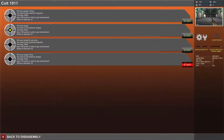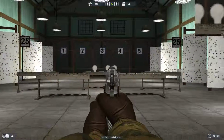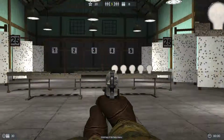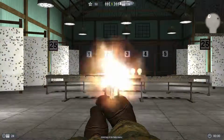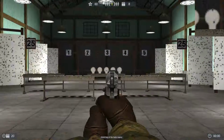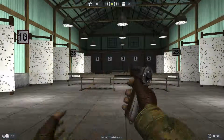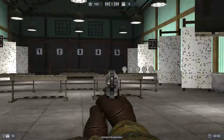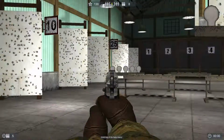What's the next one? Hit every target 5 times. Okay, let's give it a go. Ah, missed that one. I've already failed this one by the looks of it. That's a bit better. Bugger. Oh, come on. Oh no. That's better. Getting the hang of this now, maybe. Might be too little too late, but...